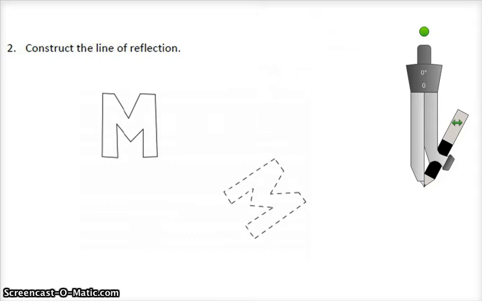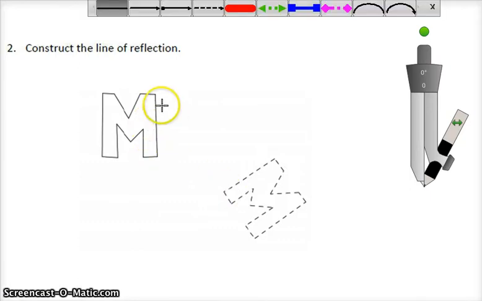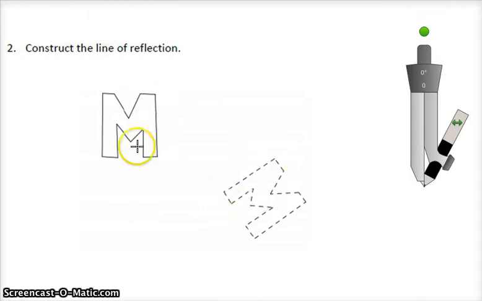So first you would have to draw a line segment. Now you can draw a line segment from any point. You can go from these points, from these points, from these points, as long as it's a point that would map onto each other. So I'm just going to pick the ones that are closest together. And I'll switch my point up a little bit. But once I have a line here,